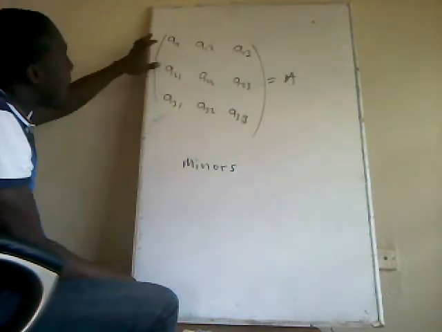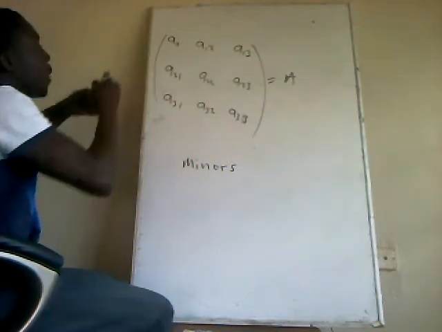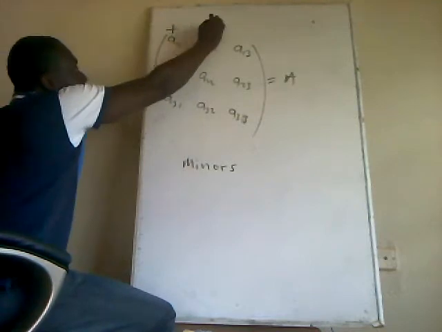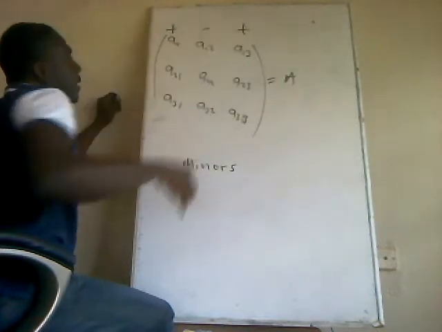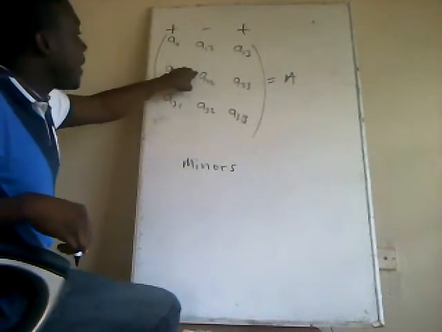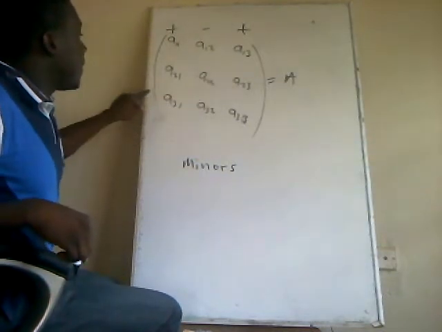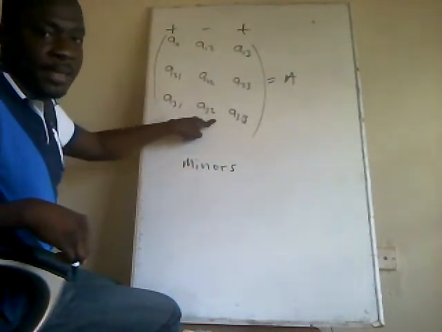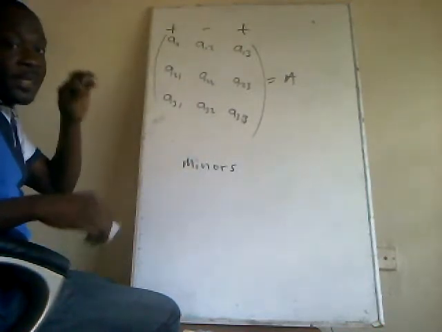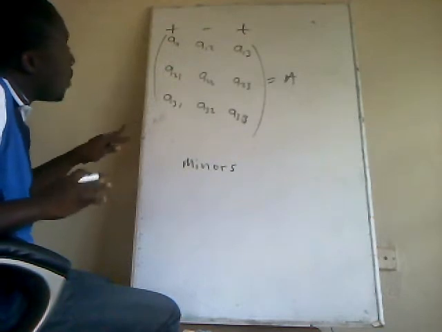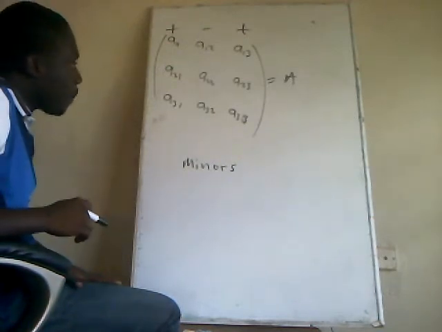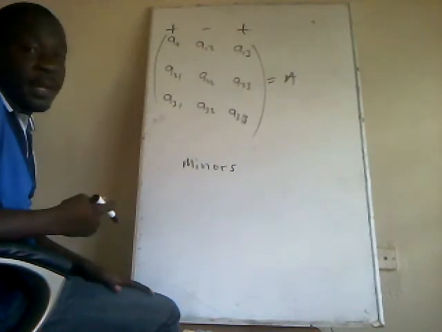Now we start by plus. So this one carries a plus minor. This becomes minus and plus. Then this becomes minus, plus, minus. Then plus, minus, plus. But we'll just use just the first row, okay? For the sake of the purpose of what we are doing, we'll just use the first row. Okay. Now, to find the determinant of a 3 by 3,